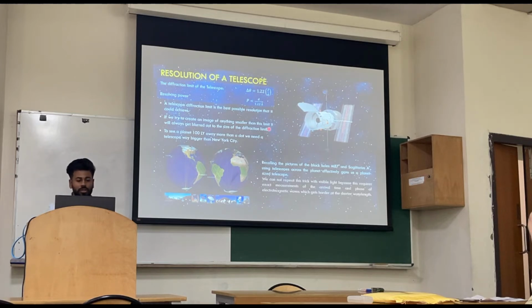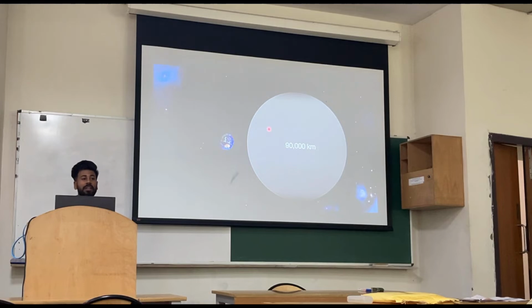Let's take a hypothetical situation. If I want to get a 1000 by 1000 pixel image of an Earth-like planet 100 light years away, I have to make the telescope approximately 90,000 km wide, which is approximately 7 times bigger than the Earth. If I somehow manage to make that telescope, I cannot set it up in my laboratory, so I have to place it in space. If I place that telescope around the Earth, the tidal force of Earth will tear it apart. If I place it in orbit around the Sun, the radiation pressure of the Sun will kick it out within a year. So it will become an instant solar cell, and the result of so much hard work is no image.